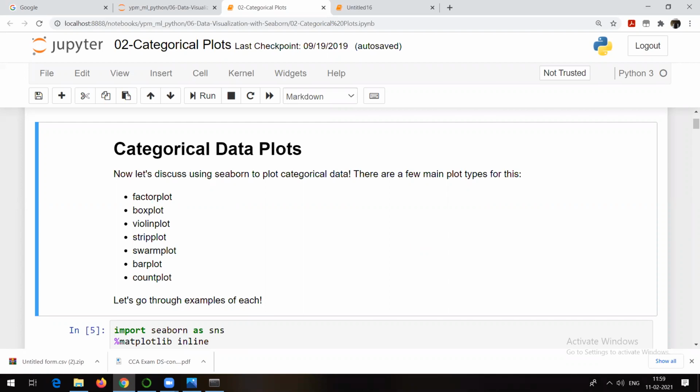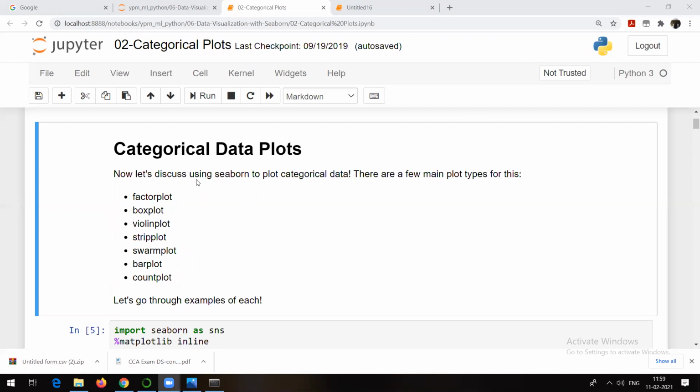But if you are aware of all these things, you will be in a position to easily make sense of other graphs. Even though I will be talking about these seven plots here, let me tell you what we generally make use of most of the times. Box plot, yes, this is what we use many times. Then there's the bar plot, the count plot we make use of many times, and sometimes we use the factor plot also. So only these four plots we need most of the times. Making use of a violin plot, strip plot, or swarm plot depends on the user. But yes, they are also good. That's why everything is included here.